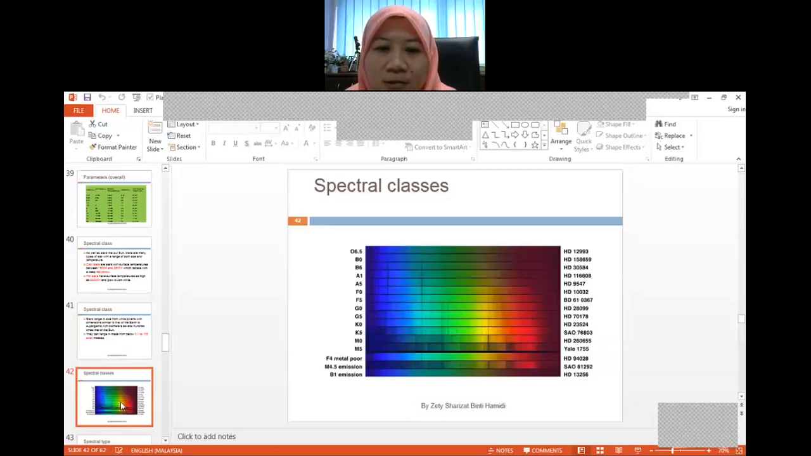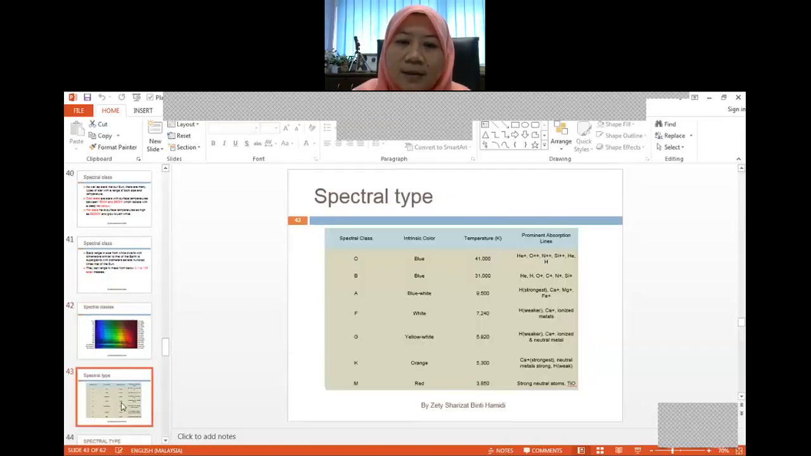O6.5. Since we have the spectral classes, which run from O, B, A up to M class, it shows whether it is a hot star or a cool star. And we also have other spectral classes such as F4 metal poor, M4.5 emission, and also B1 emission. And this shows the intrinsic colors, the temperatures, and also the prominent absorption lines